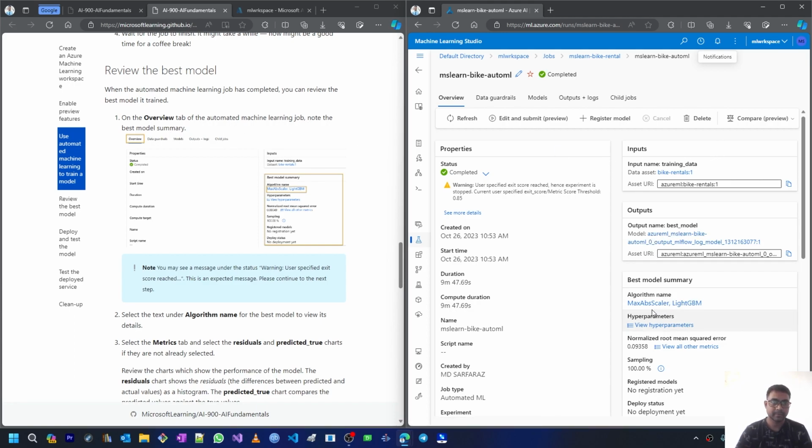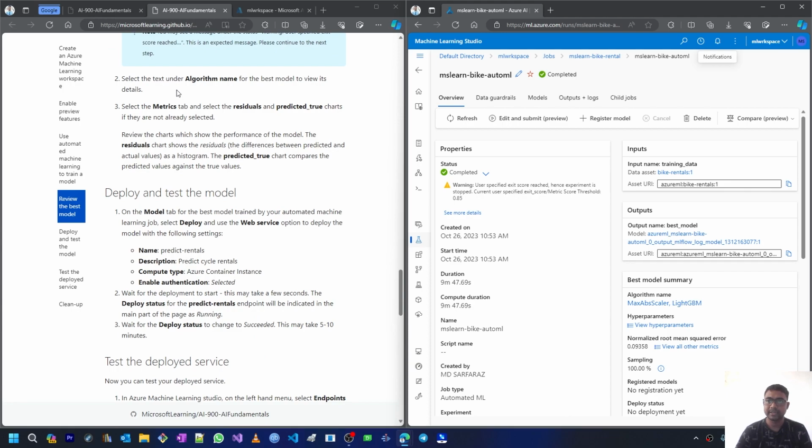So here, the best model is LightGBM, okay, with MaxAbsScaler and LightGBM. These are the two models in the best model summary. So select the text under algorithm name and the best model to view its details. So if you click on this,